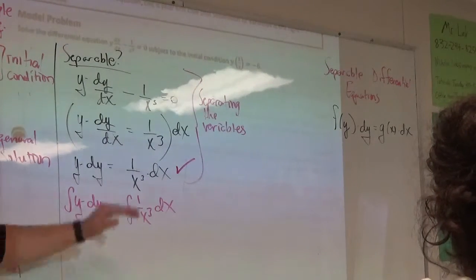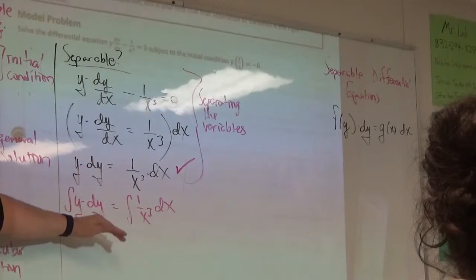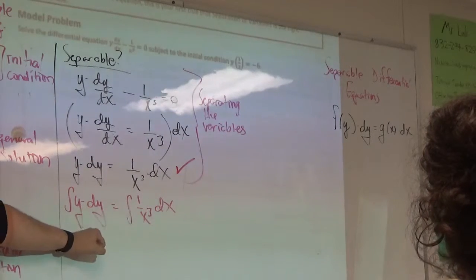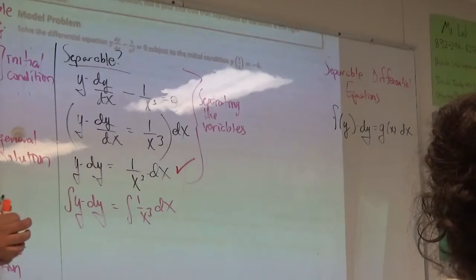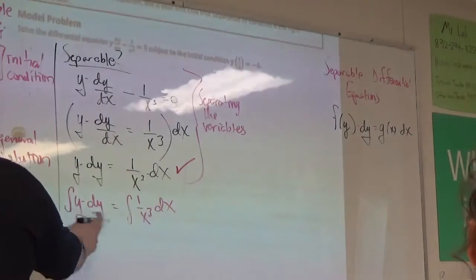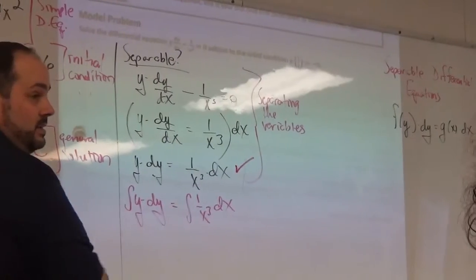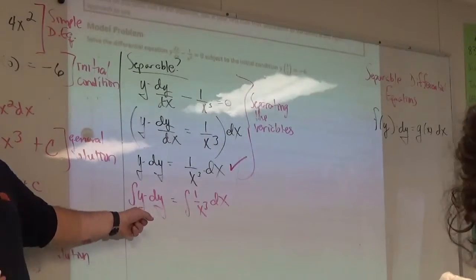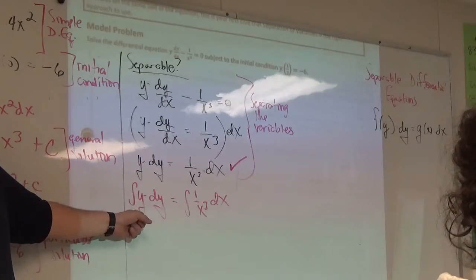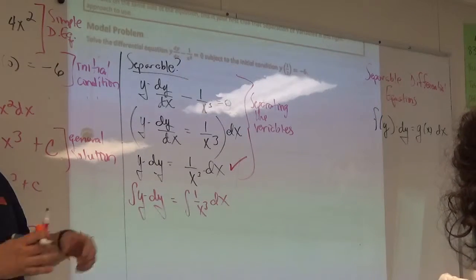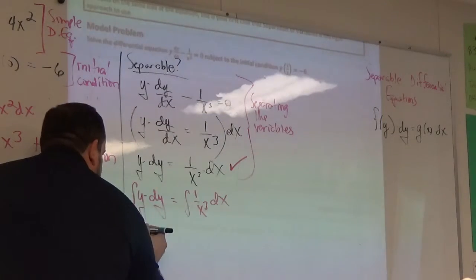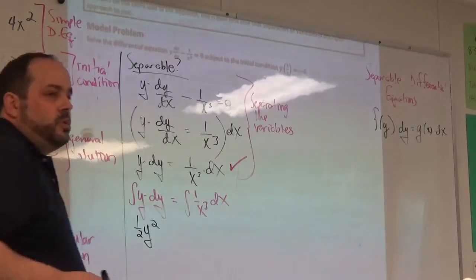So all the work that we're going to do once we've separated the variables is integrate both sides. Integral of y dy, the integral of y with respect to y. Not dy over dx. I need to find some function that when I take its derivative I get y. One half y squared. Trust the instincts here. It's a half y squared